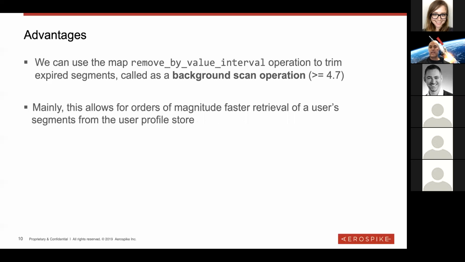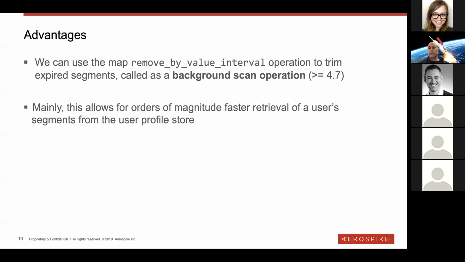The other advantage is that this trim operation that we're talking about, we don't have to do it every time we do a read. That was actually a mistake that the application developers were doing. This remove by value is fairly heavy. You have to find all the segments in the interval, right? So we have to compare between these two begin and end times for every single one of the 1,000. And that could be pretty heavy. That's a lot of CPU to do, and you only need to do it really once an hour, once a day.